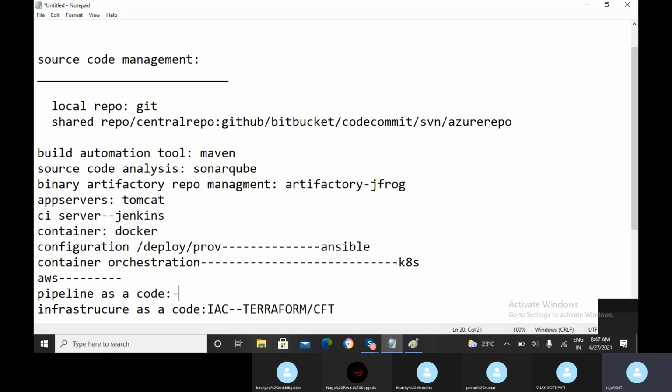Here pipeline as code is the Jenkins file. So Jenkins file, Terraform files, Docker files, Kubernetes files,